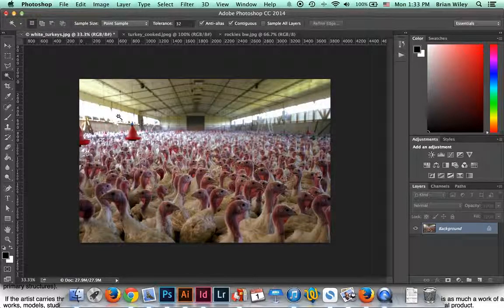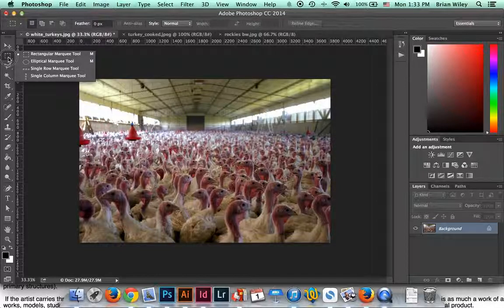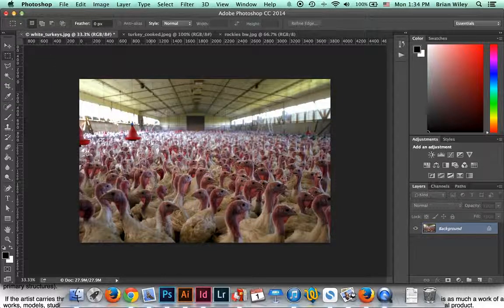One is this turkey house, and I want to make a selection, but I don't really care. I want to use it kind of like I would scissors potentially, and make straight cuts. And one thing that will allow you to do that is the marquee tool. So if I want a square, you can of course click and hold on any of these things in the toolbar that have an arrow here, and it'll give you a variety of selectors. So we can use the rectangular marquee tool and we can select that,